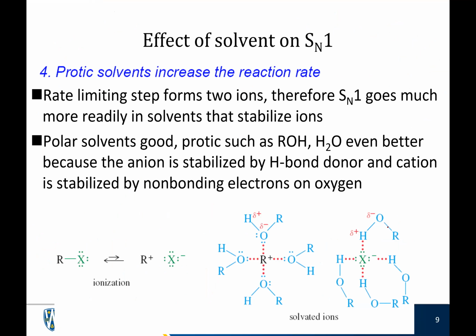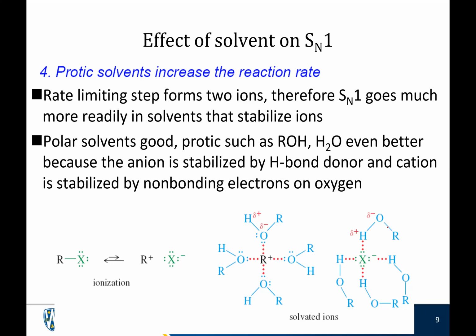So last class, we were talking about how we wanted aprotic solvents for the SN2 because what we wanted to do was not stabilize the charge of the nucleophile. We wanted a naked nucleophile that was negative and unhappy about being negative, and it would react. So to do an SN1, we want a protic solvent. Why do we want that? Because generally, we're going to have weak nucleophiles to do SN1s. We're going to talk a little bit about why. But that normally means they're neutral. So what we want to do is stabilize that high energy intermediate, and that's a carbocation.